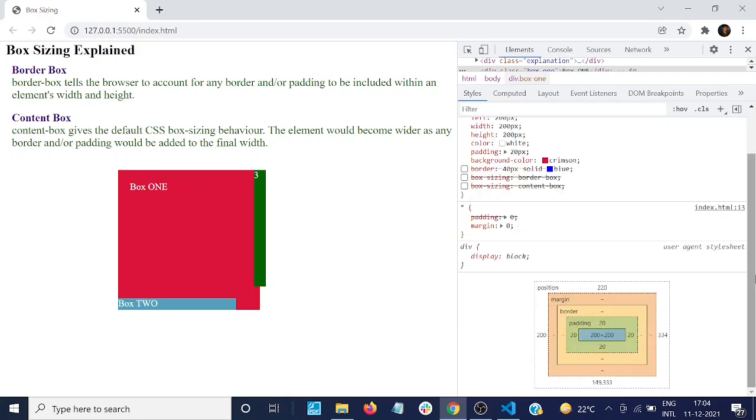And in this box model on the right hand side, we can see that the main box, that is box 1, is of width and height 200 pixel, and around it the padding of 20 pixel has been added. Now the width of box 1 in totality would be 200 pixels plus 20 pixel on the left and 20 pixel on the right. So it would be 240 pixel. And we can confirm this by adding 40 pixel to box 2 as well as box 3 in their corresponding width and height. Let us do that.